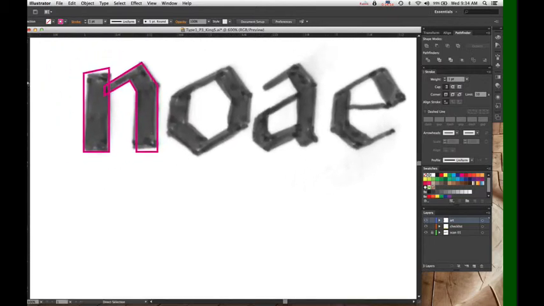So let's say I have these, the vertical strokes of my O. I'm going to show you how to copy a shape. So you can just do Command C for copy, Command V for paste. That will copy a shape.